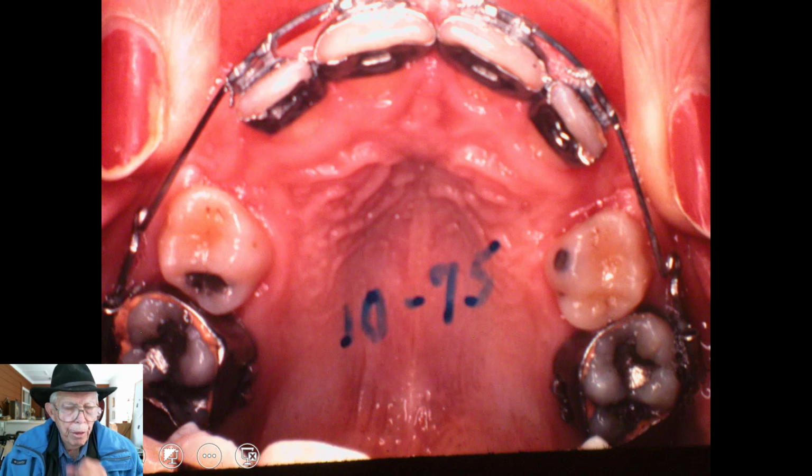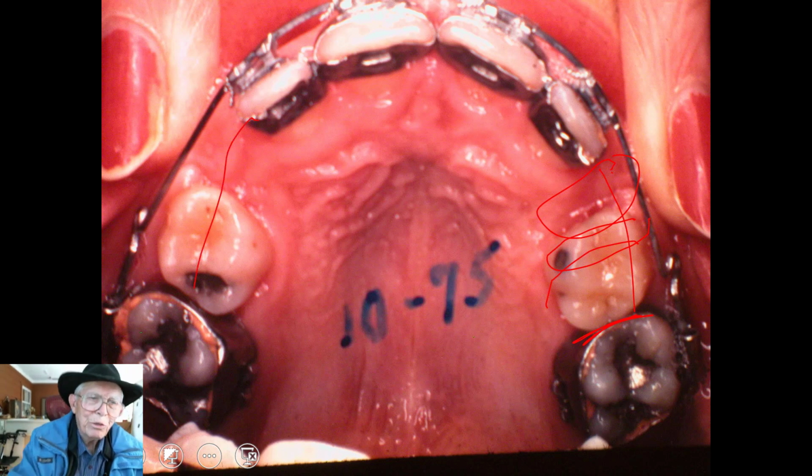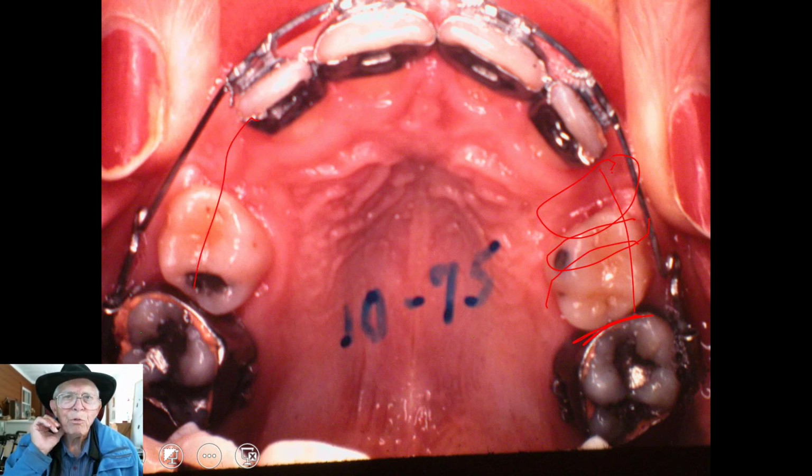All right, this is the upper arch now, and you can see this is the 6-year molar, and you'd have a second bicuspid in here and a cuspid in here and a first bicuspid in here. There's just not room in there to get those teeth, see, so we took the teeth out to start with,